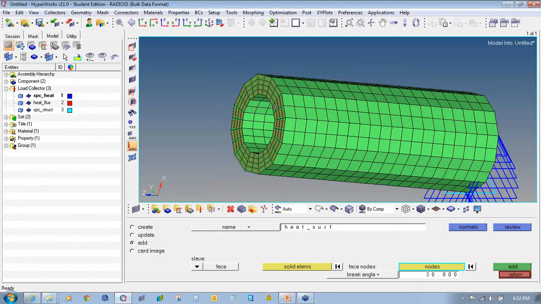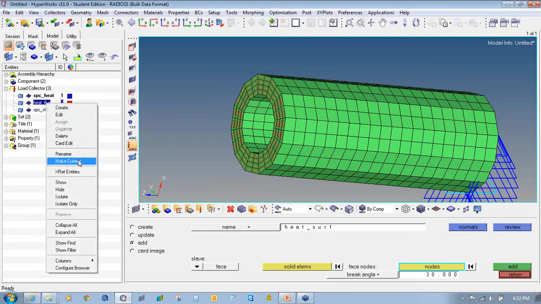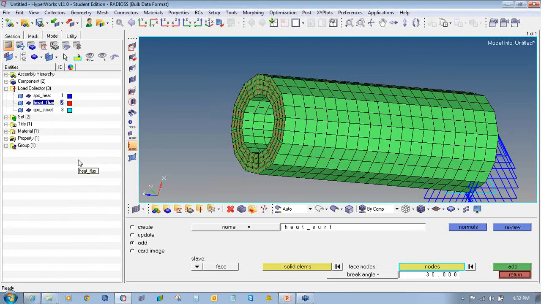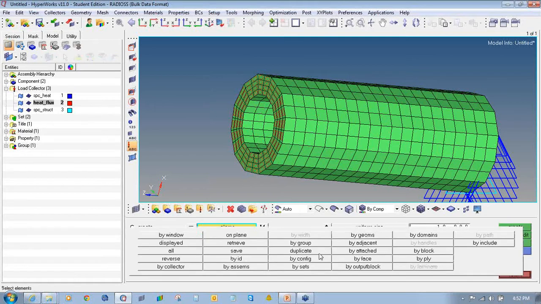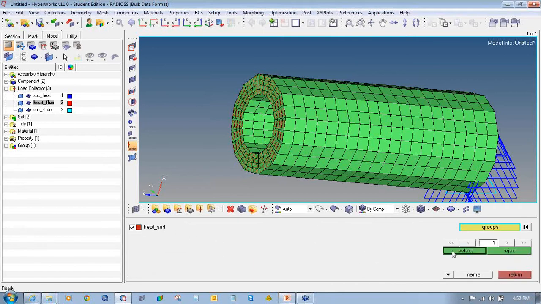Then the next step is to create heat flux on the surface element. In this step, the uniform heat flux into the CHBDYE element will be defined by the QBDY1 entity. So we will select the heat flux to be the current component and click return. In analysis page, we will go to flux. Elements by group, select heat surface.